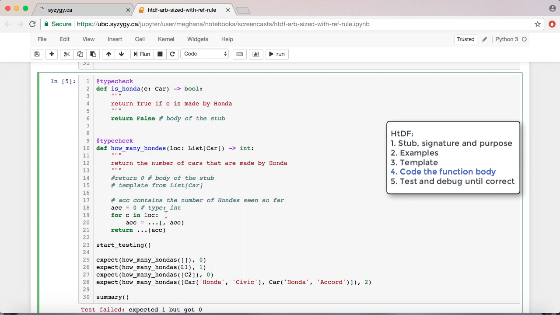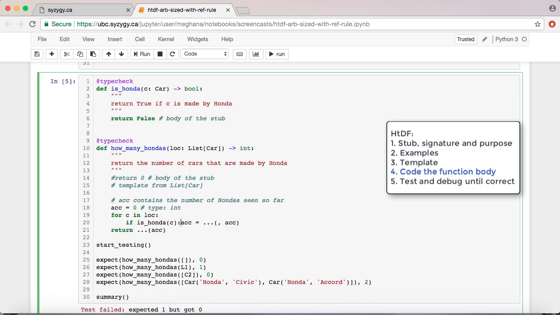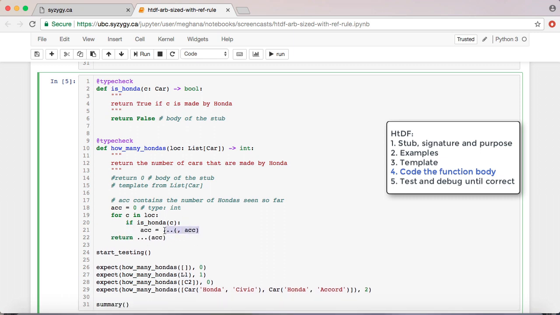So I'll write, if c is a Honda, the new value of the accumulator equals the old value of the accumulator plus 1. If it's not a Honda, I don't need to update the value of the accumulator, and we'll just let the loop move on to the next car. Once we've looped through all of the cars, what I need to return is the value that's stored in the accumulator. I don't need to make any further changes there.